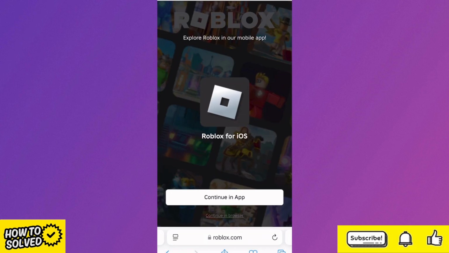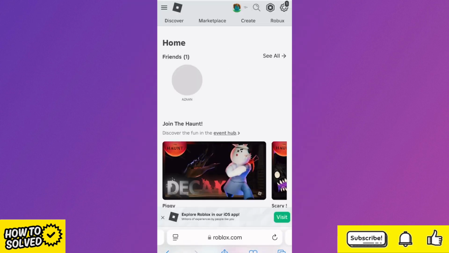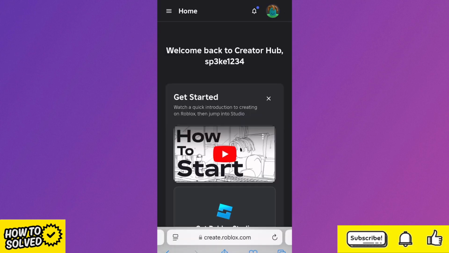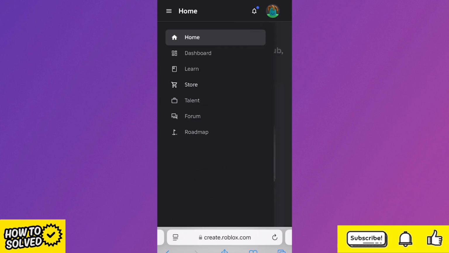Now you need to make sure that you're using the web version of Roblox, as this won't work in the app. So from this screen here, just click on continue in browser right at the bottom. Then when you're on this page, just click on create from the top navigation. Over in the top left hand side, click on the navigation icon. In the top left hand side, click on create a hub, and then from here just come down and click